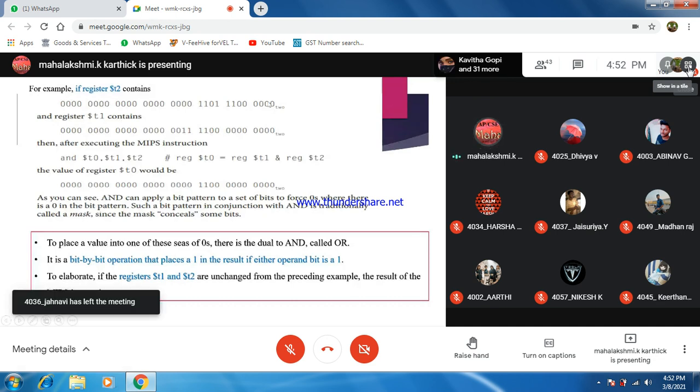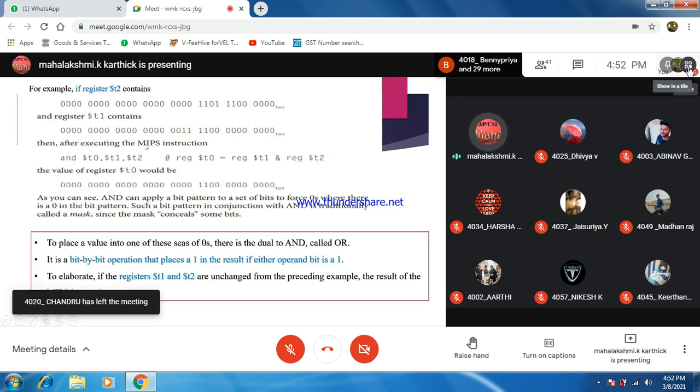rangeல இருக்கும் 4 bit நம்ம separate பண்ணி. What the question they have given is, they have given in front of you a register T2, its value. Note it down. Write in your notebook. Then T1 register value also is given to us. That also you have to write it down.